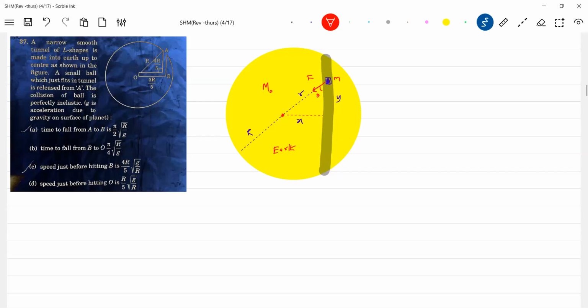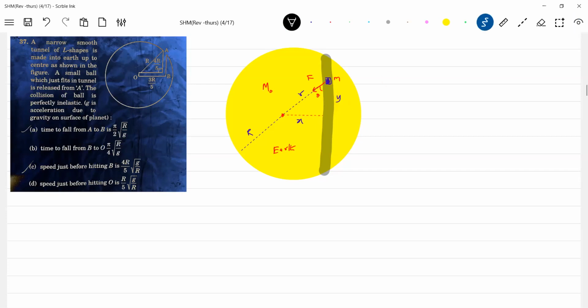First we'll have a background, then it'll be easy, rather than directly jumping to the problem. If the particle is here, the net force will be zero, equilibrium. If I slightly displace and release it, it's going to execute SHM. And we know the time period of oscillation is independent of amplitude. So if you displace it by r by 2 or whatever the length here, it is going to execute SHM, because the time period of oscillation is independent of y. That is what we are going to prove.